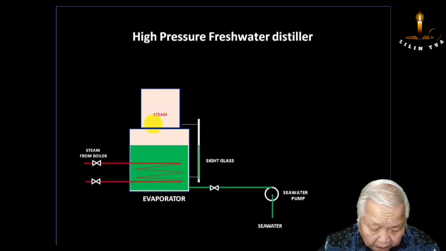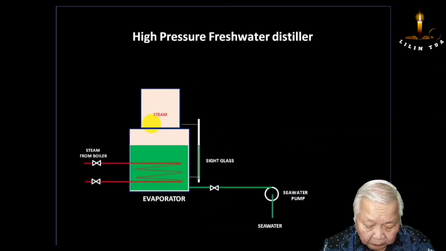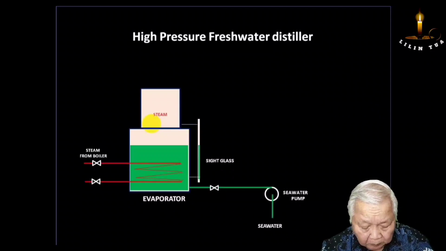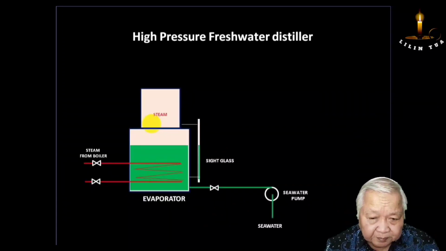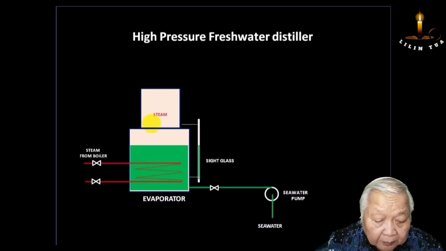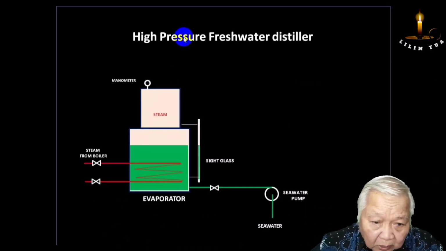Usually, the evaporator uses a type of bare coil tubes where the steam flows inside the pipe as the vaporizing medium obtained from the steam boiler. For the whole system,